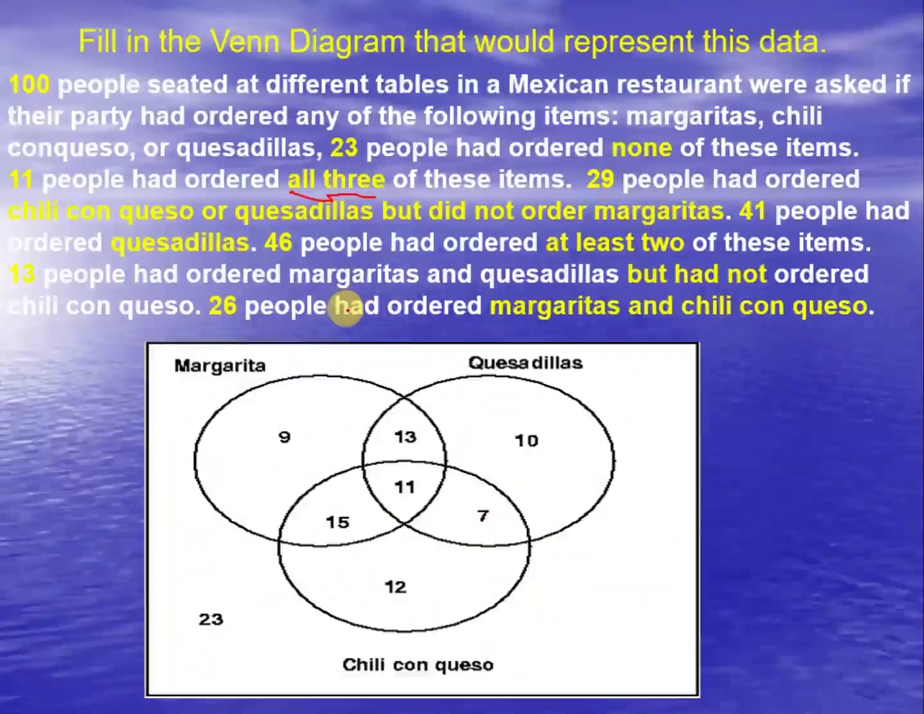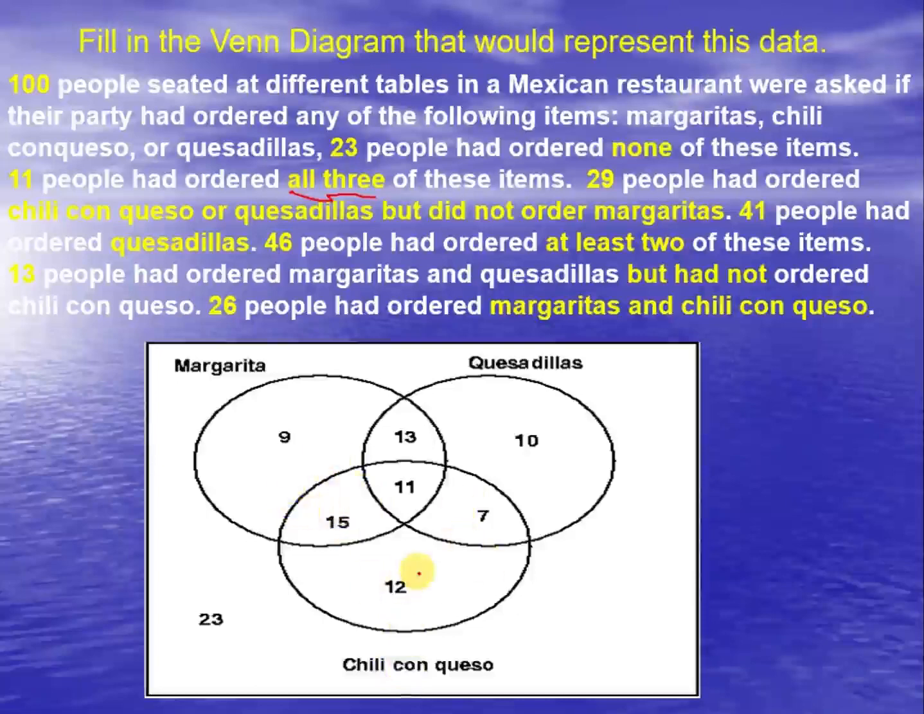So we have the first circle as the margaritas, and then the quesadillas, and we have the chili con queso. These are the 3 different circles or sets that are there. This one contains a set of people who ordered for this particular item. This also contains those who ordered for quesadillas and those who ordered for chili con queso, and this is also here. Now let's take our time and explain how I have been able to fill in this data for you